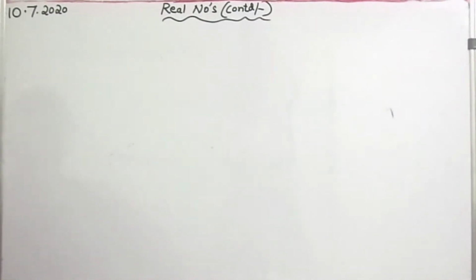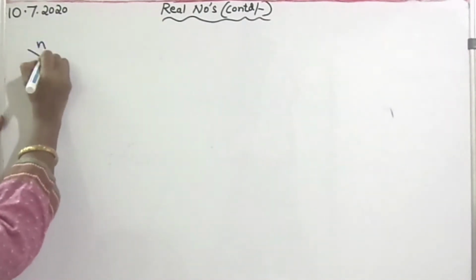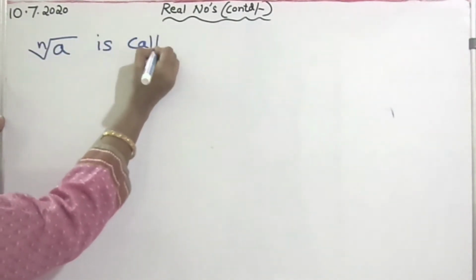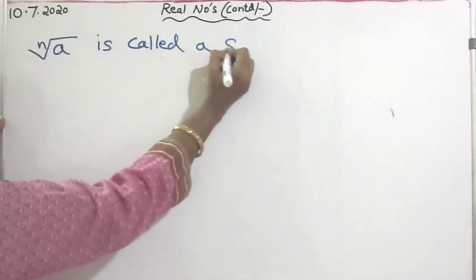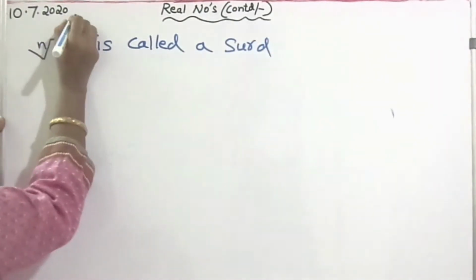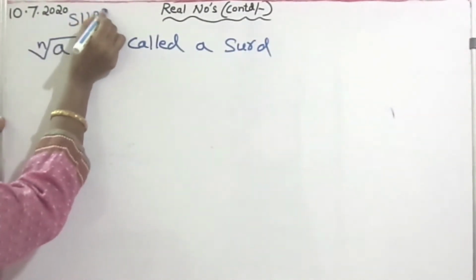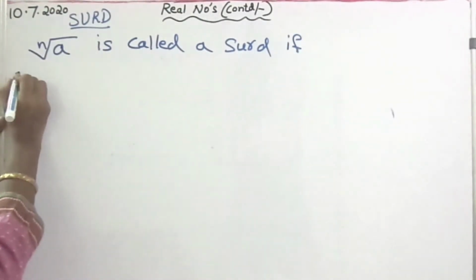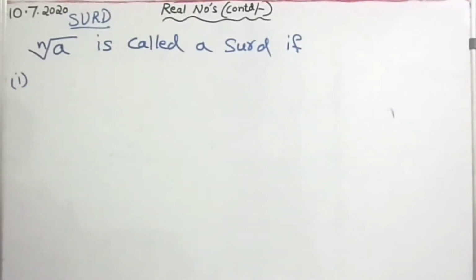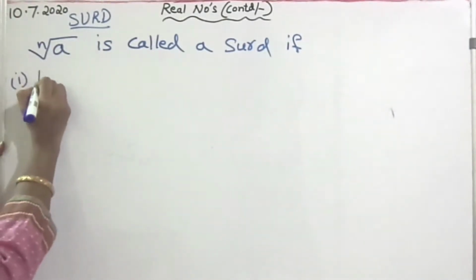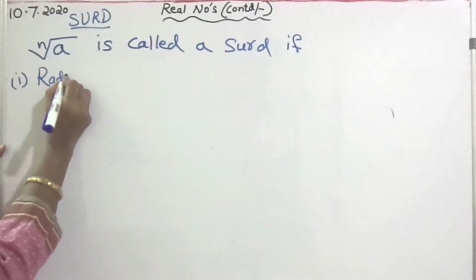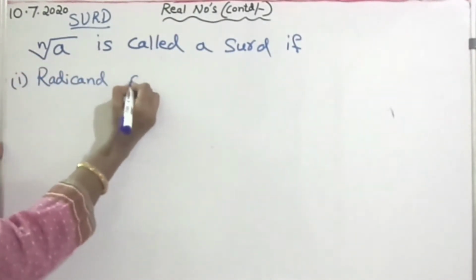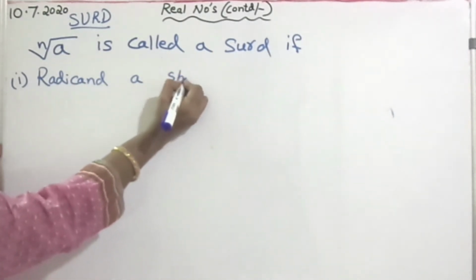Now let us see what are the conditions for nth root of a to be called a surd. So we are seeing when it is called a surd. If it satisfies the following conditions. What are the conditions? Let us see. The radicand a should be a